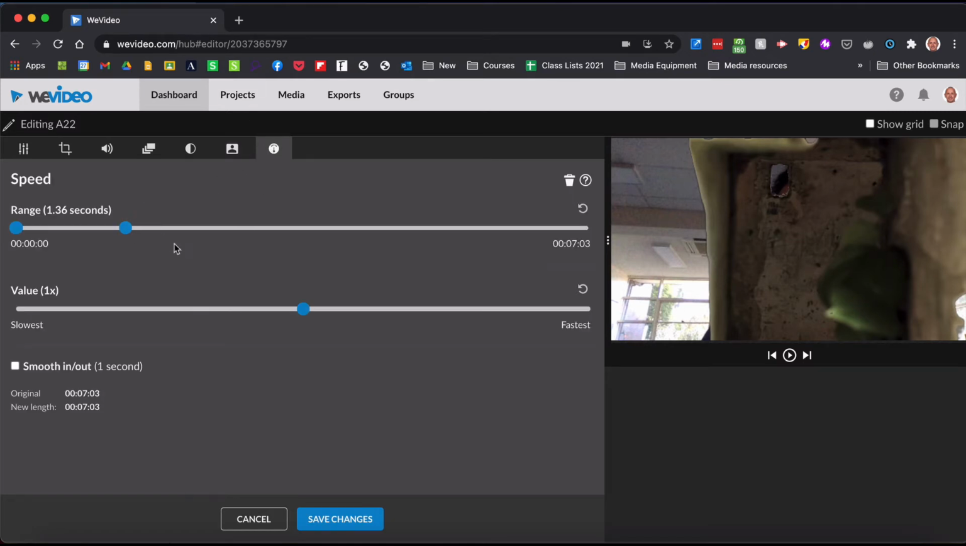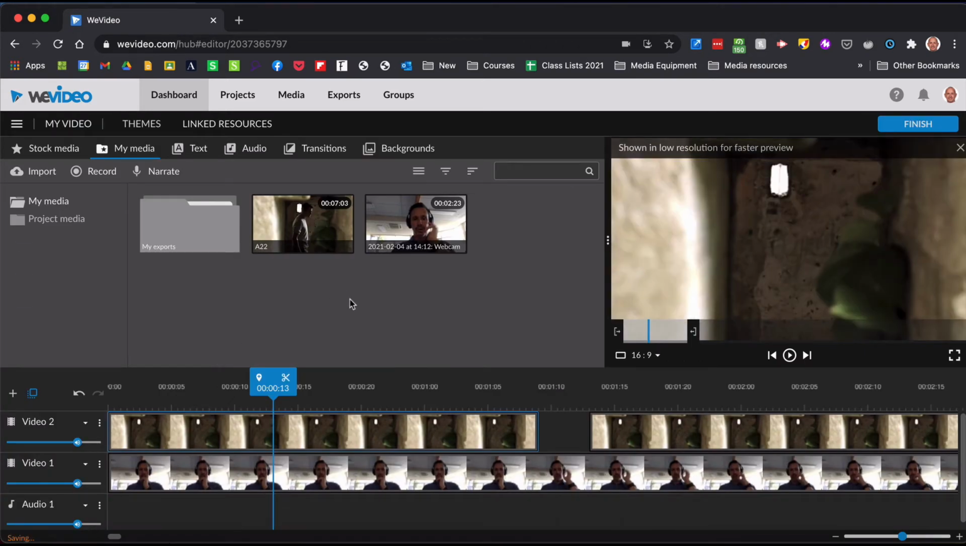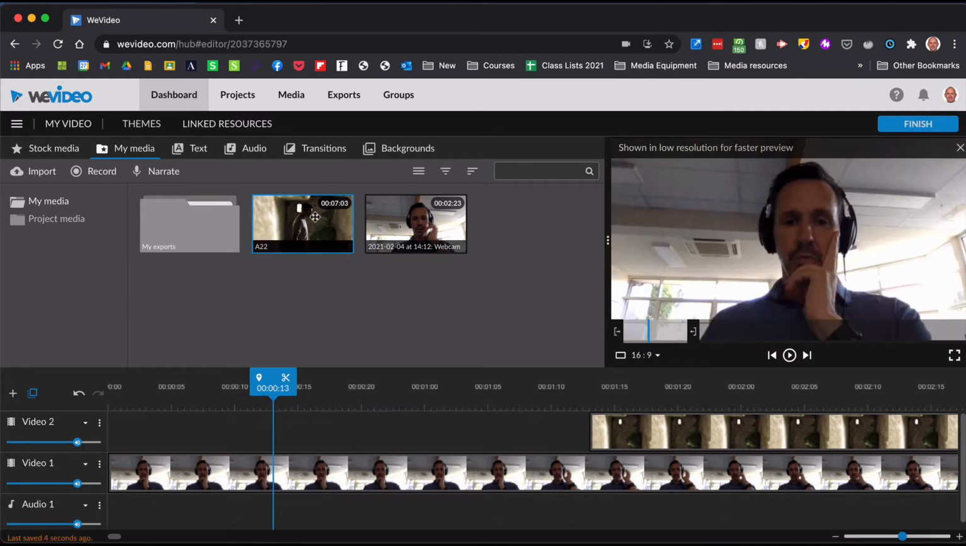And here I can change the speed, so I can speed things up and slow things down. Once I'm happy with that, I'll save changes or I'll cancel it. I can also do similar things with the audio. I'm just going to delete that footage there and show you some of these other options that we have at